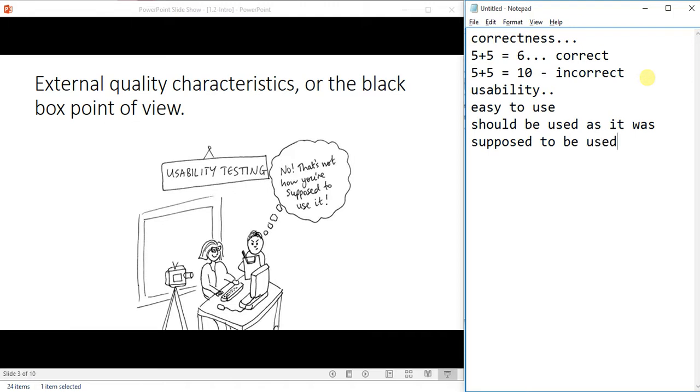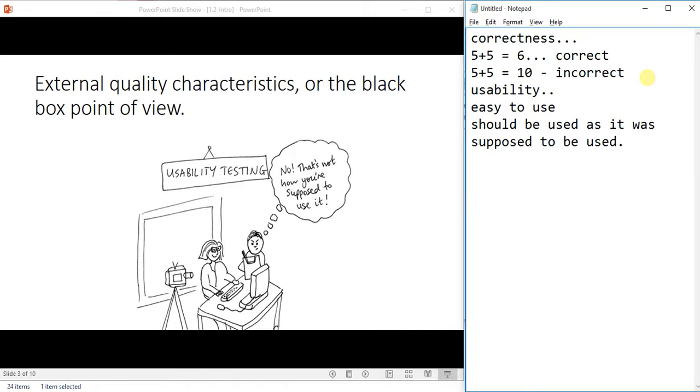And this is very important, that a product should be used as it was supposed to be used, because if the design of the product is not very intuitive, the customers will not use it in the right way. So the usability of a product is high if the customer can use that product